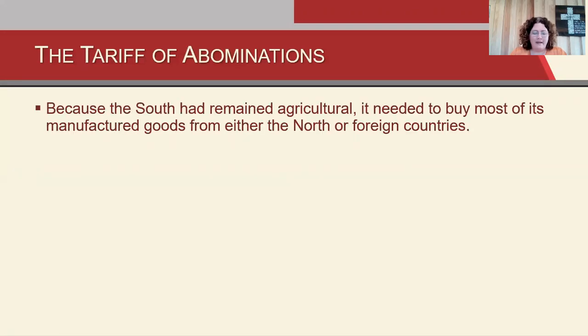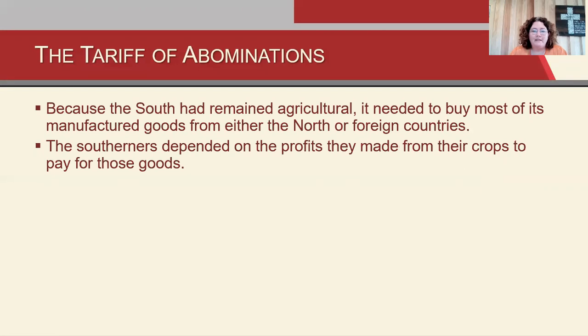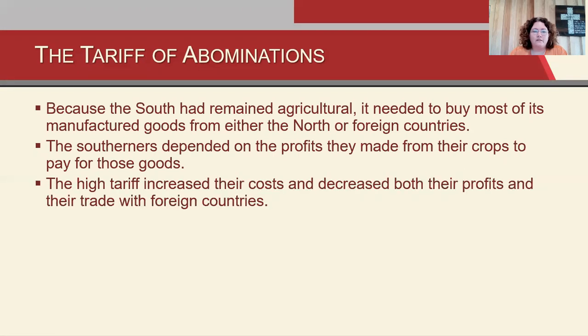Because the South had remained agricultural, it needed to buy most of its manufactured goods from either the North or foreign countries. And of course, they wanted to pay the cheapest price that they could. They still wanted good quality, but they wanted cheap. So this tariff kind of prevented them from being able to get things cheaply. The Southerners depended on the profits they made from their crops to pay for those goods. The high tariff increased their